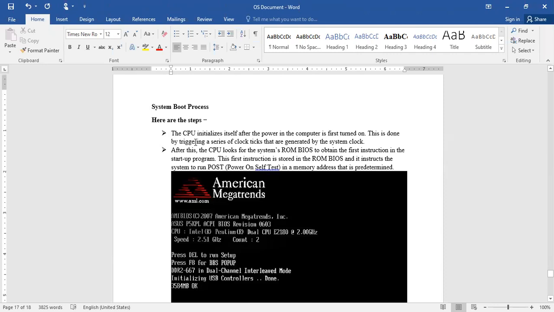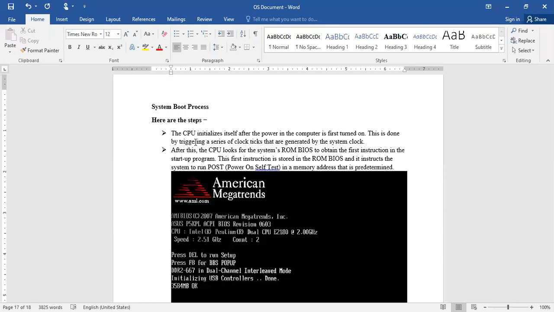The first one is the CPU initializes itself after the power in the computer is first turned on. Okay, and this is done by triggering a series of clock pulses that are generated by the system clock. That means whenever you switch on, automatically the CPU, central processing unit, initializes itself.